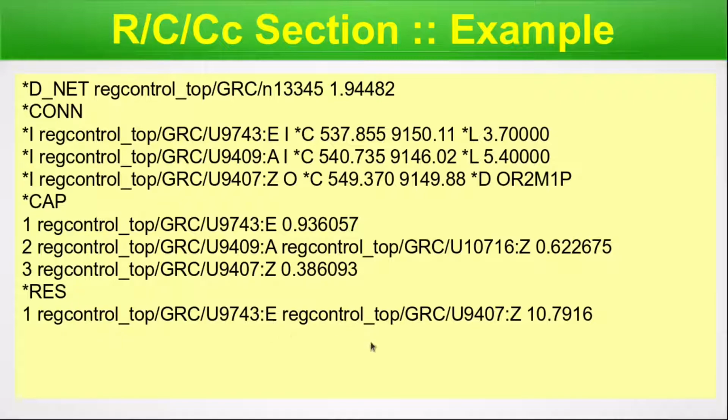Here in this case, these are two pins. In case these E and Z are integers or alphanumeric values, they will denote a node instead of a pin. The last field here is the resistor's numerical value. The unit can be found in the header section. So the resistance section is very simple, as it has only one particular format, that is, two nodes in between which the resistor is connected, and the last field is the resistance value.